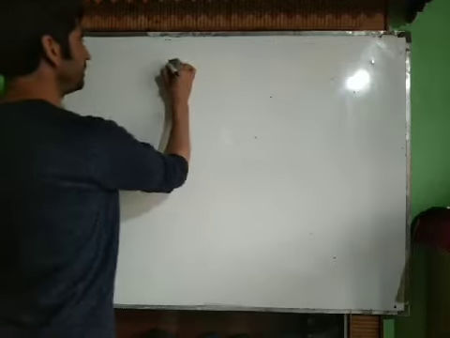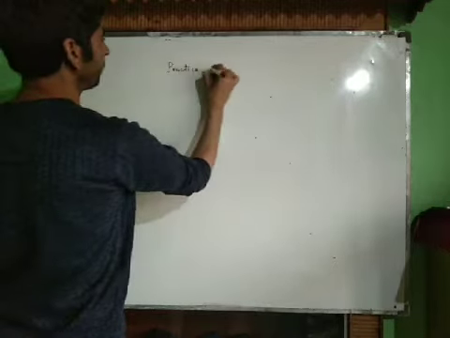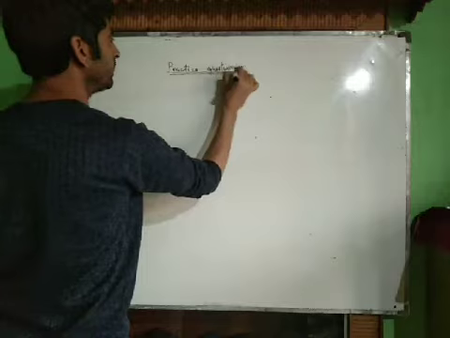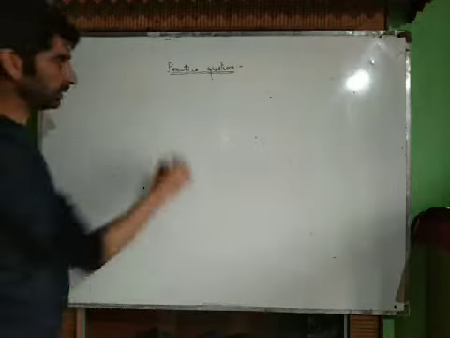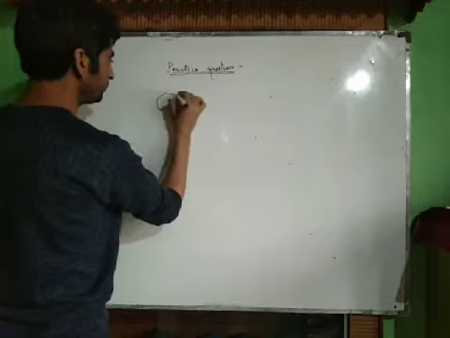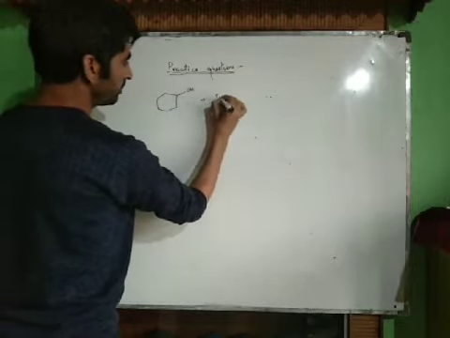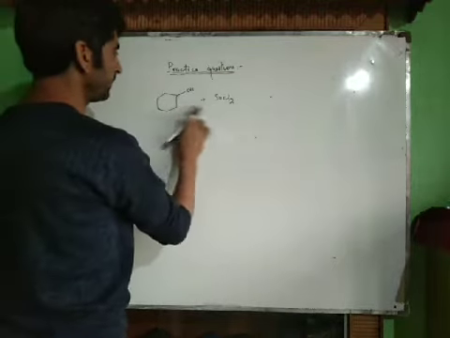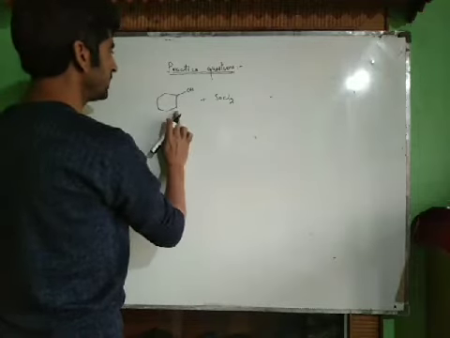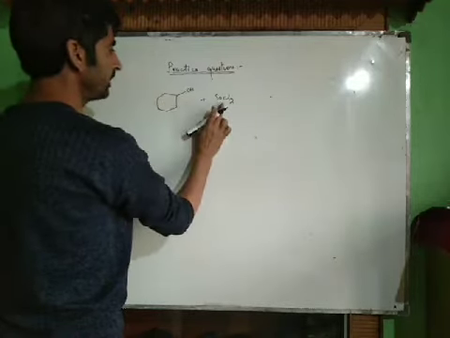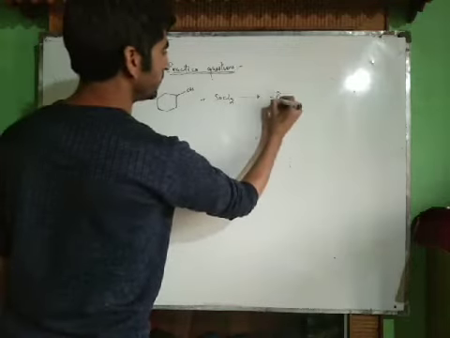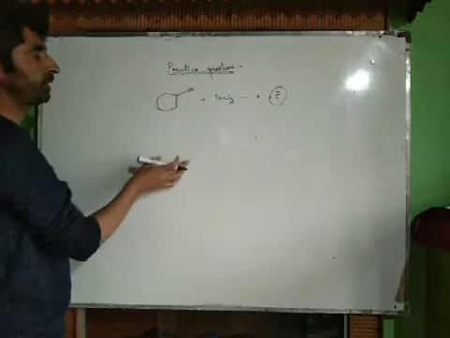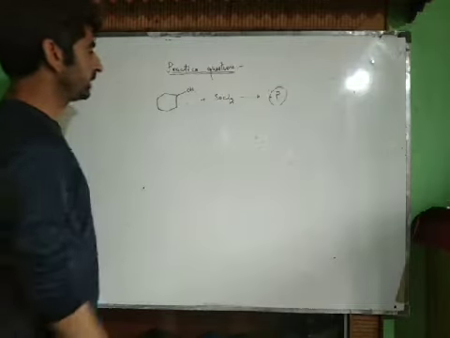Now there are certain practice questions for you so that you can have a better understanding of the concept. Question number 1 is the reaction of this compound with SOCl2. What type of reaction is this? You have to recognize the reaction. This is Darzens' reaction, in which we treat alcohol with thionyl chloride. Now what is the product of the reaction? You can do the mechanism, or do the mechanism for one or two examples and then directly predict the product.